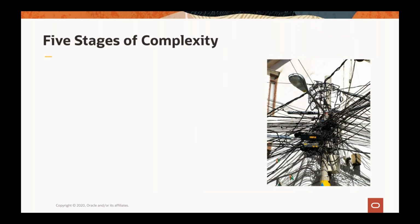Okay, so with that, I think I'm going to wrap up. But I wanted to say that I've actually seen this with customers and friends and colleagues who manage infrastructure, and I feel like there are 5 stages of responding to or handling complexity. Okay, so the first thing is, of course, you have that. So the first stage, I think, is a stage of denial, where you look at that and say, you know what,